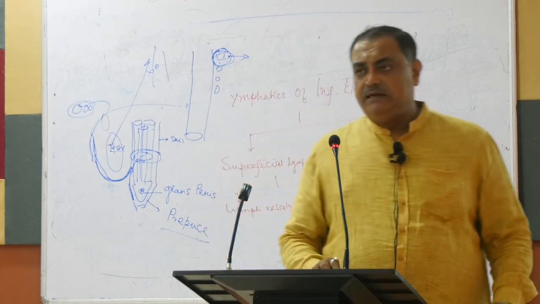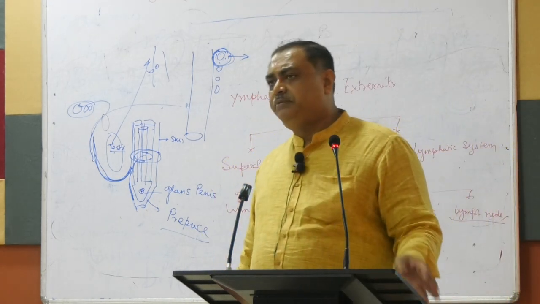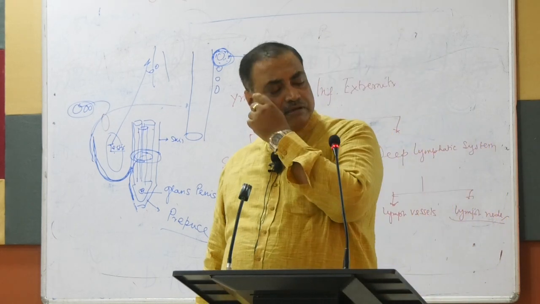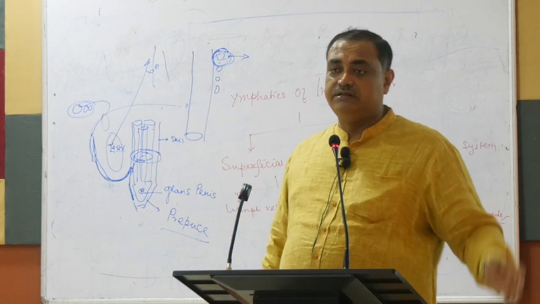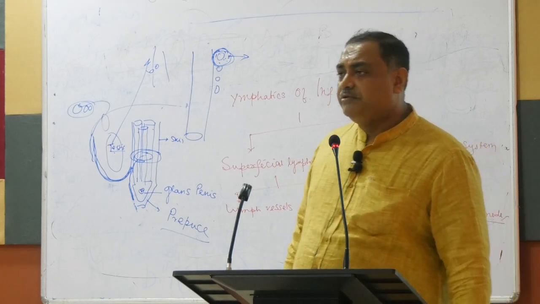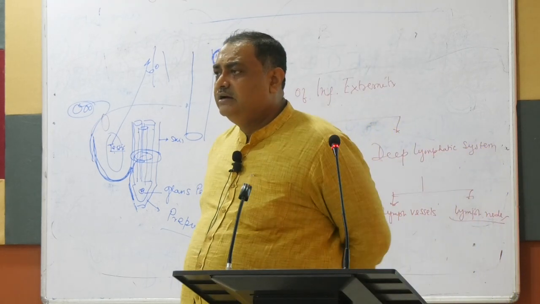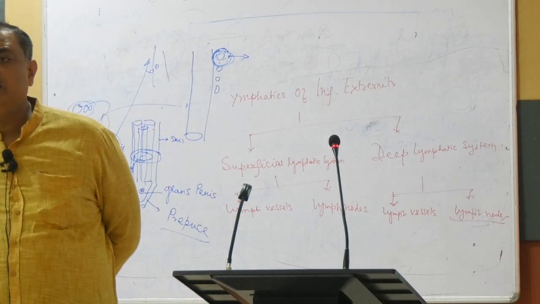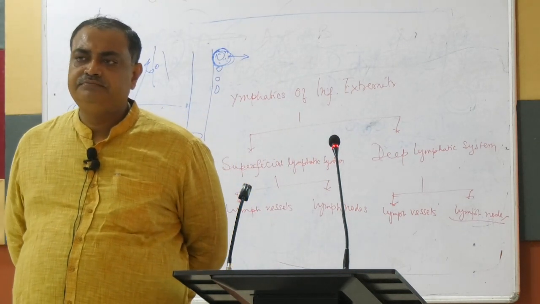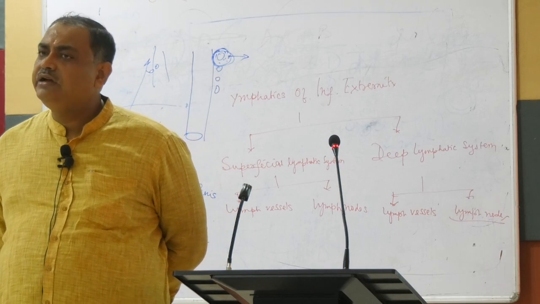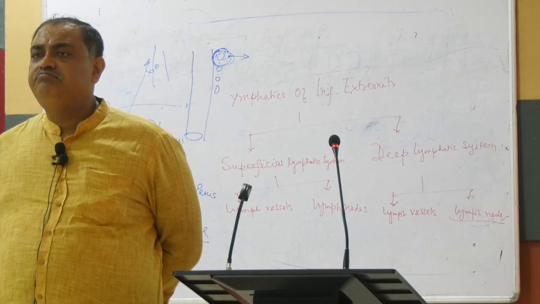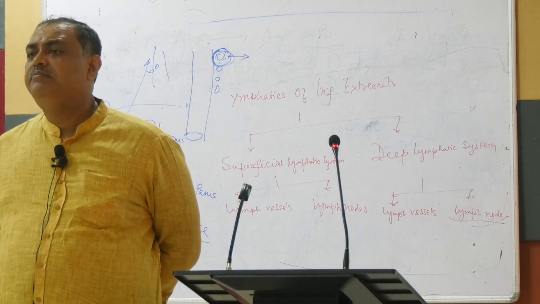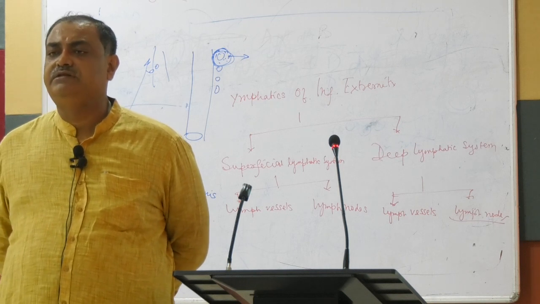Electrostatic catalysis. Electrostatic catalysis means, suppose there are many amino acids which are positively charged and there are other amino acids which are negatively charged. All basic amino acids are positively charged, all acidic amino acids are negatively charged. So when they come near each other, they have electrostatic interaction. Now what is the prerequisite for this particular reaction to take place?